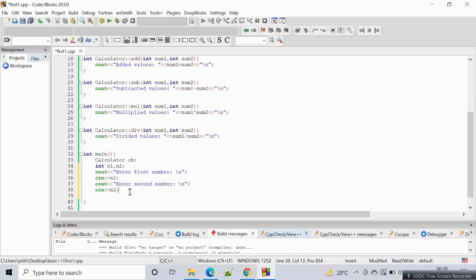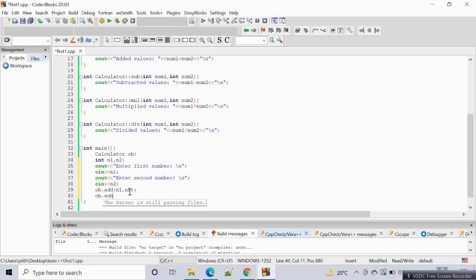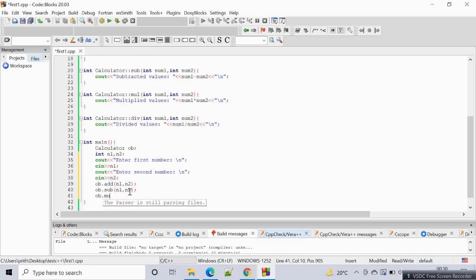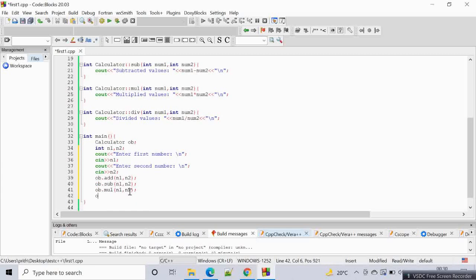Now we will call the function: ob dot add n1 comma n2, ob dot subtract n1 comma n2, ob dot multiplication n1 comma n2, ob dot div n1 comma n2.